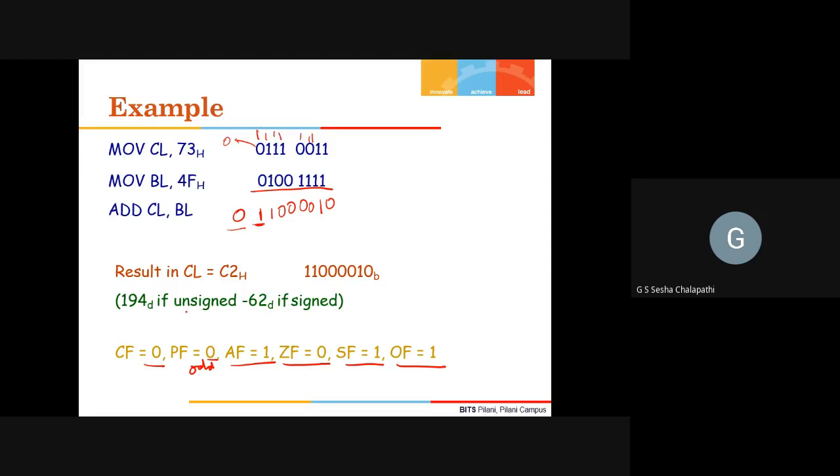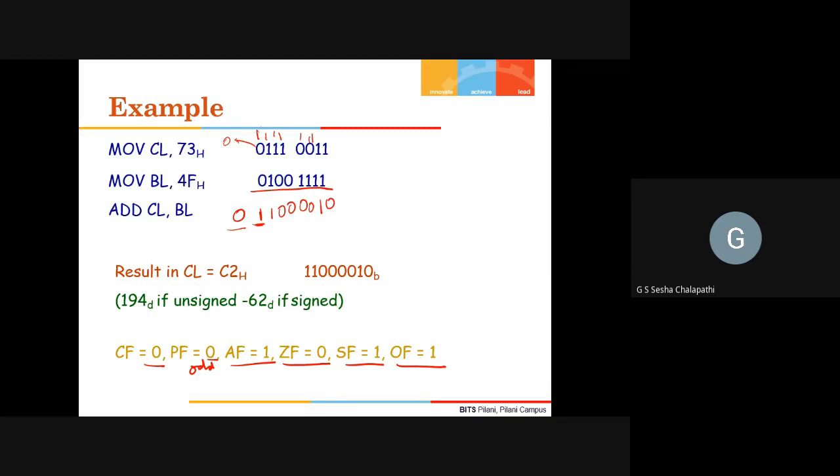So what I said was you are adding two positive numbers and you're getting the answer as a negative number. So it's clearly a case of an overflow. We can also check by the logic that there will be an overflow if the carry in into the most significant bit is not equal to the carry out of the most significant bit.